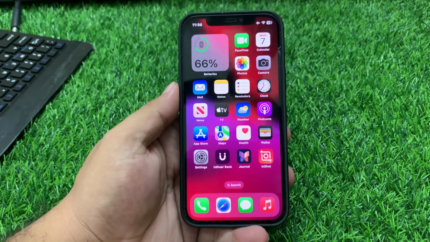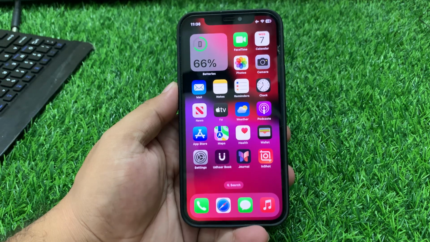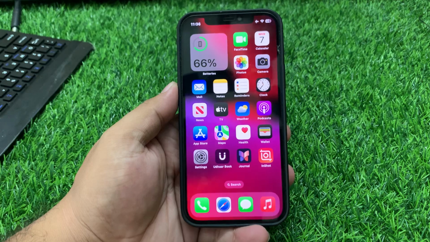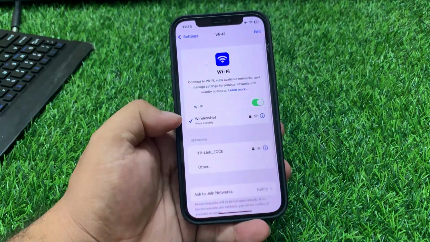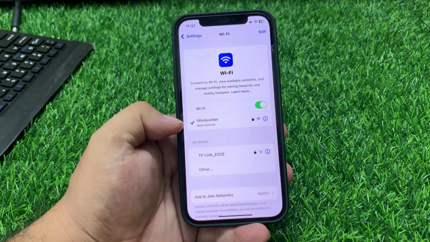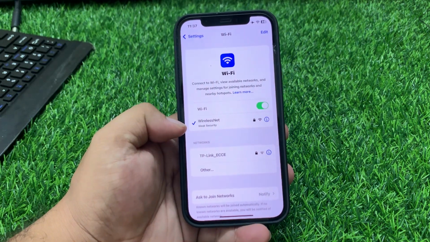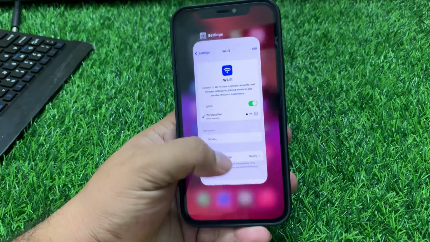Number one is check your internet connection. Ensure you have a stable internet connection. Try loading other apps or websites to confirm. Tap on settings, tap on Wi-Fi. Make sure your iPhone is connected to a smooth or stable Wi-Fi connection. If your Wi-Fi connection is not smooth or stable, connect your iPhone to another Wi-Fi and fix your Instagram